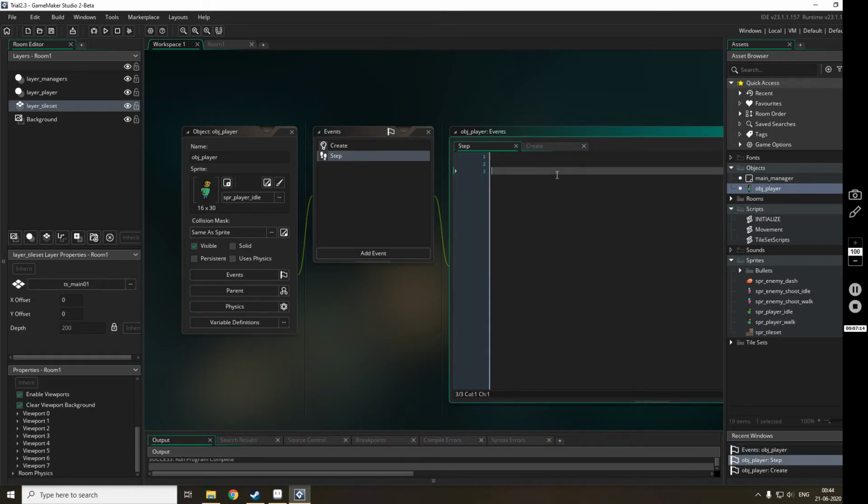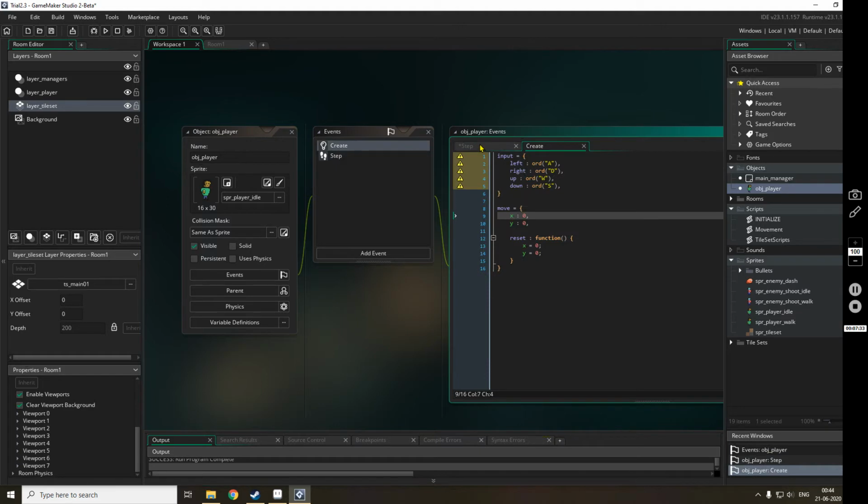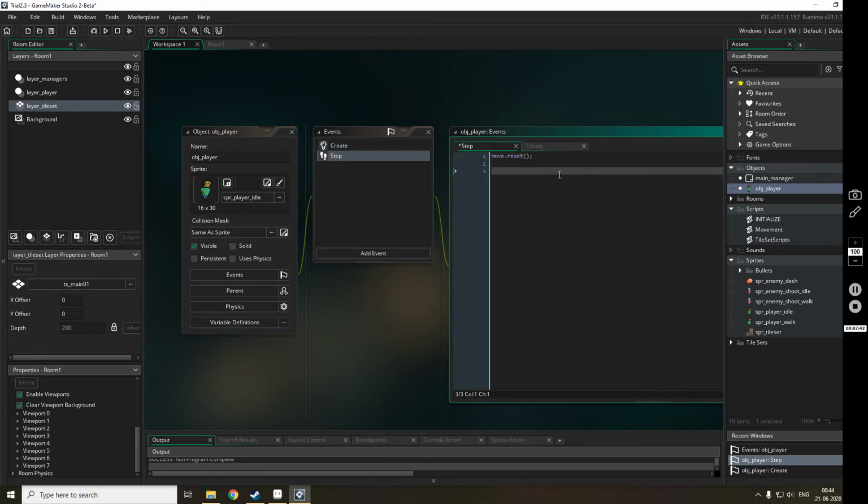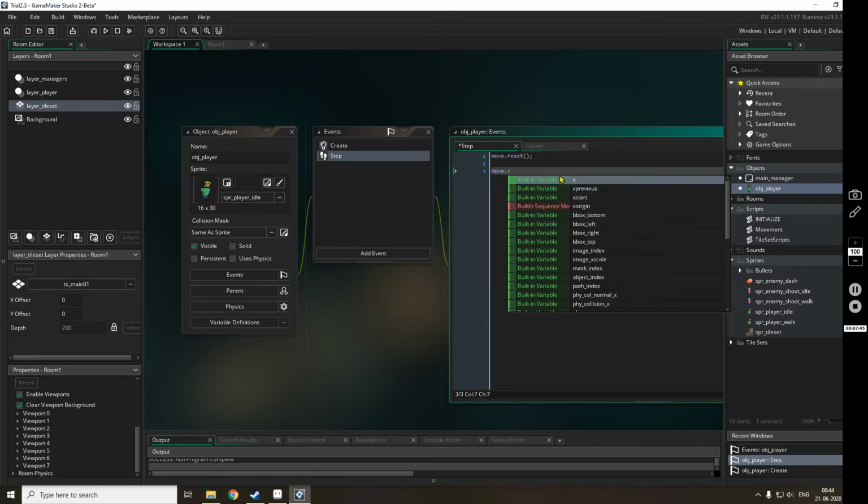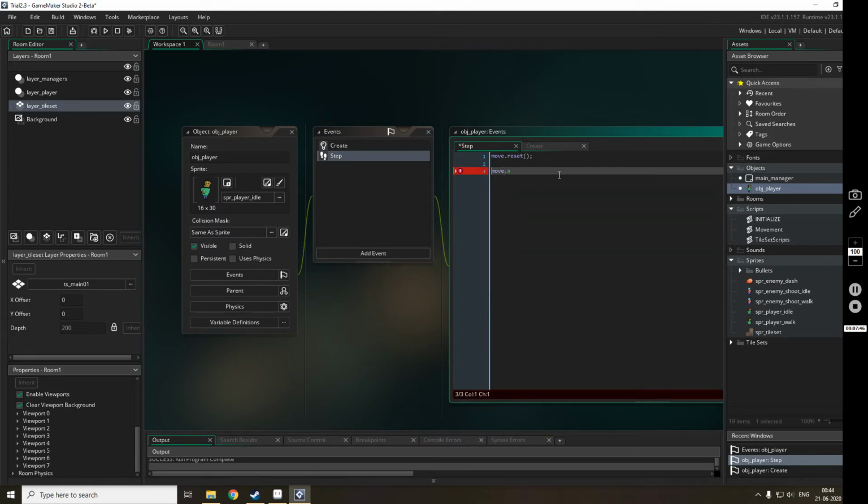First of all, I'll reset move every step. Move.reset, this is how I call a function in a struct. This is very much similar to what we do for an object in any other programming language. So I have first set X and Y of move variable, move struct to 0. Now move.x, sorry, yes,